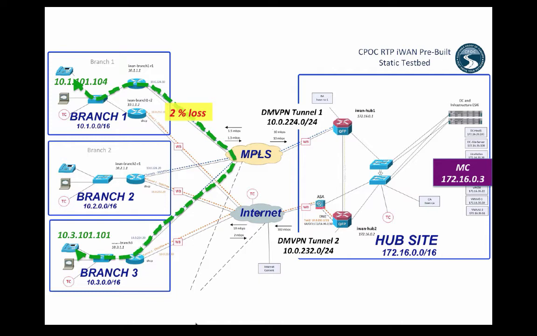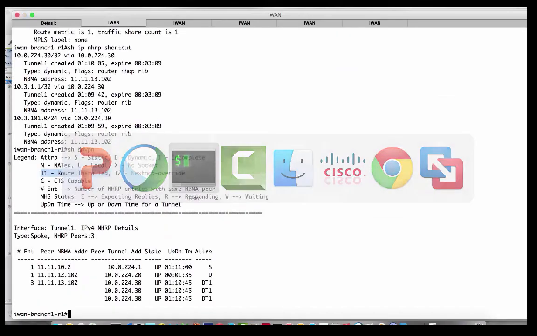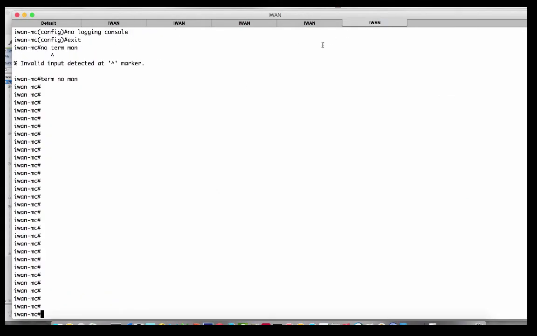which you have this master controller. You have a master controller, a domain master controller. These 3 branches and the hub site are all in the same domain. I call it domain default. And so we have a domain master controller at 172.16.0.3. So let's go ahead and look over at that. So if we go over to the domain master controller at